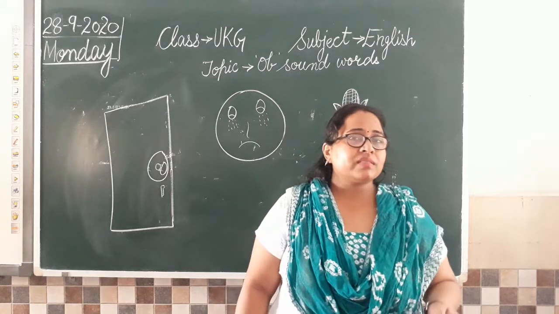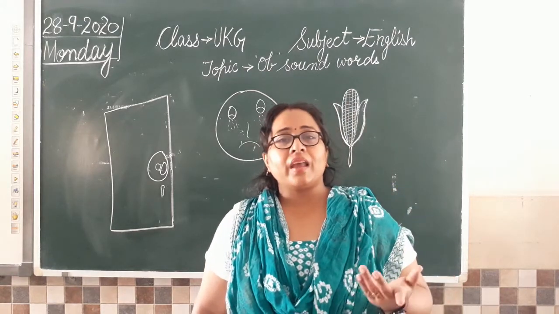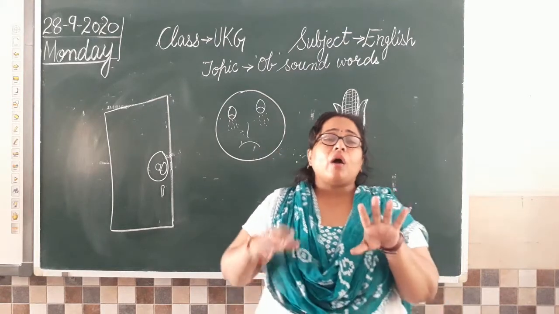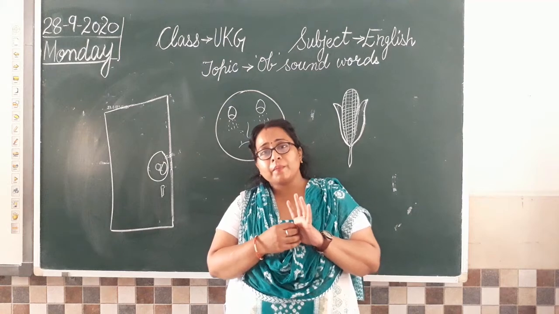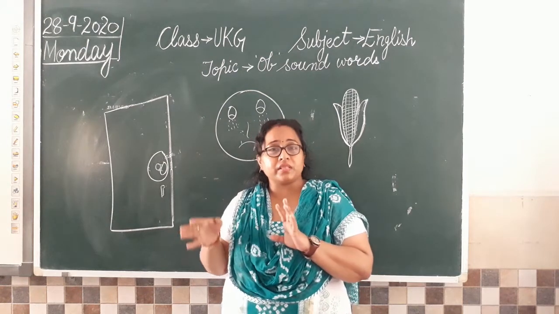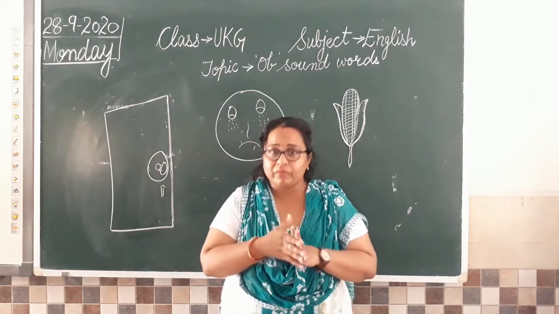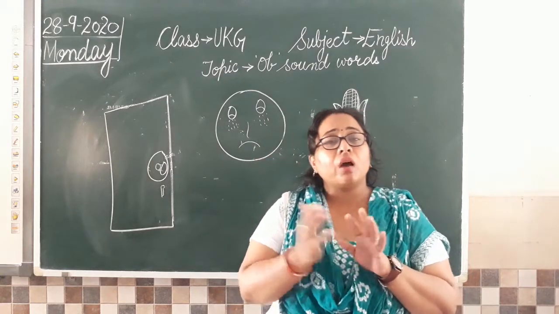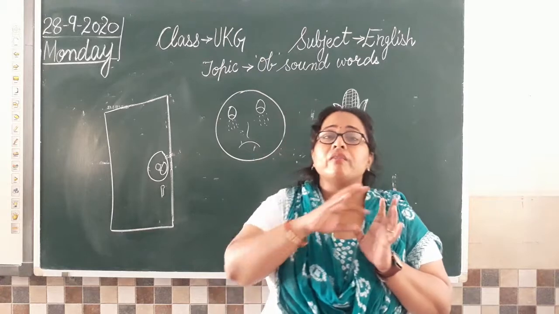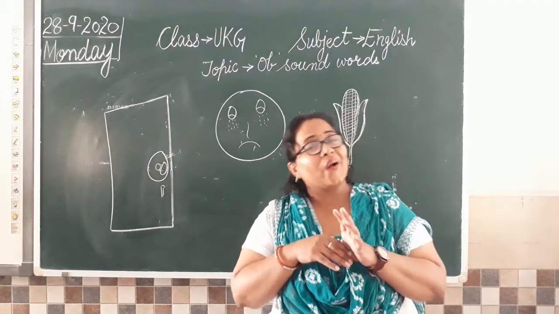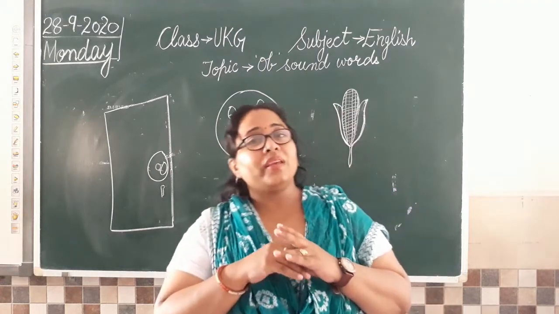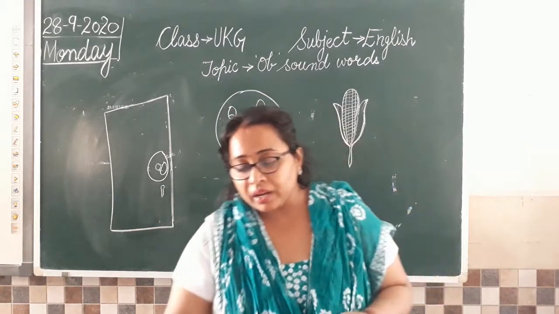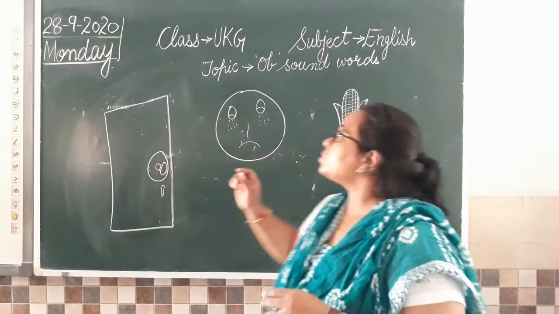Now what are vowels? There are five vowel sounds. So these are those five vowels. और ये कहाँ से मिले हैं हमें? From the alphabetical series. A to Z जो हमारी alphabetical series है, उसमें ये five alphabets जो हैं, we count them as vowels, and the rest of 21 are consonants. Yes. So please keep revising what you have done earlier also. Clear? So now class, today we are going to begin with O sound words.